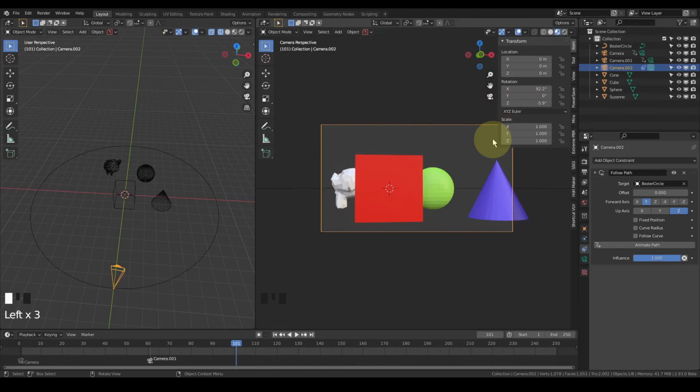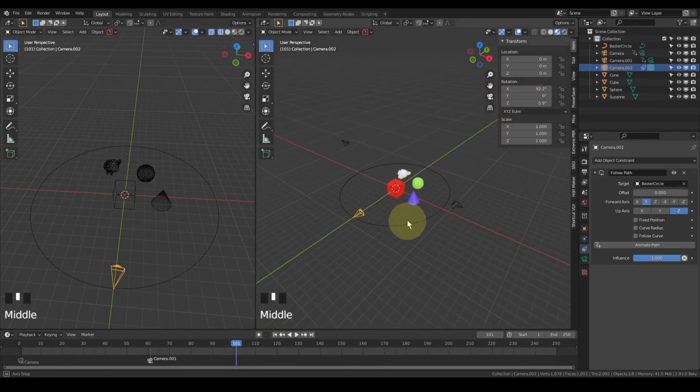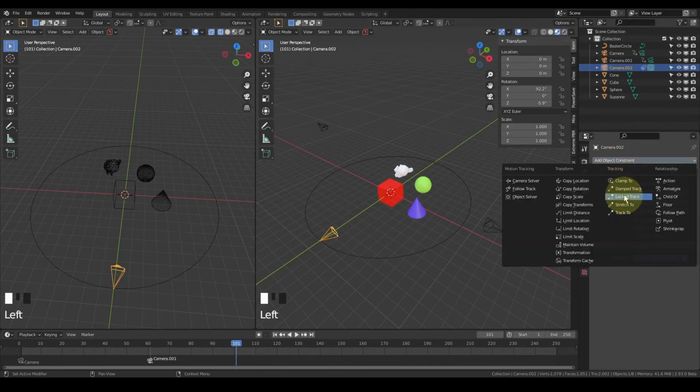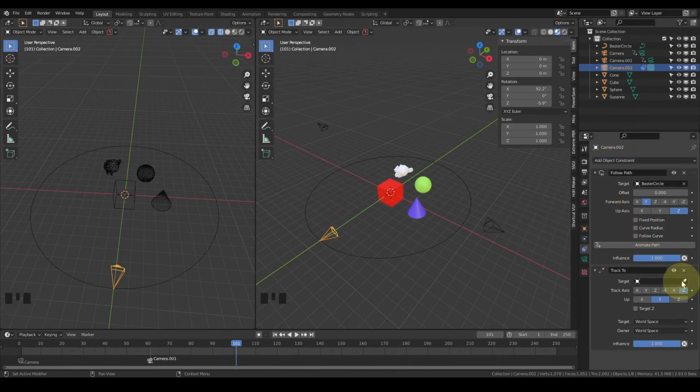Okay, now instead of doing this manually, if you want the camera to focus on one object predominantly, what you can do is just go to this Track To, and suppose I want the camera to track the red cube.